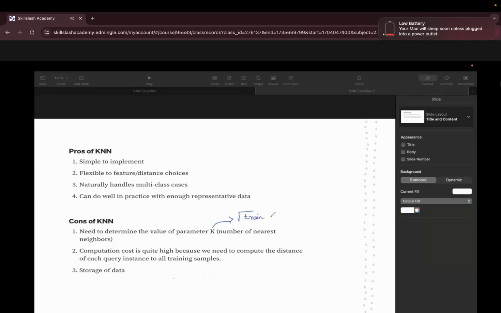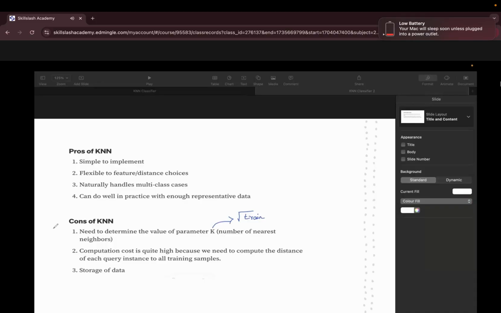So it is telling you that we need to determine the parameter of k, and we are not sure. Sometimes it can go here and there as well. So the precision problem is going to happen here in this case.